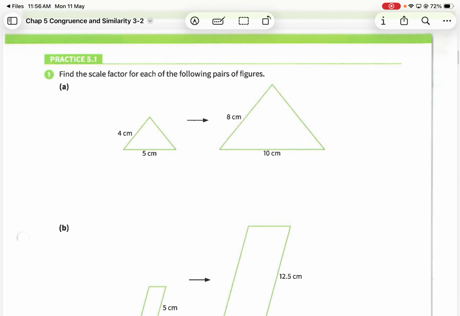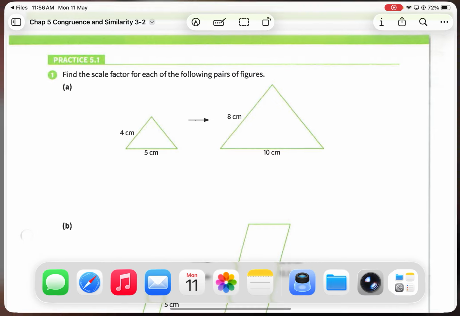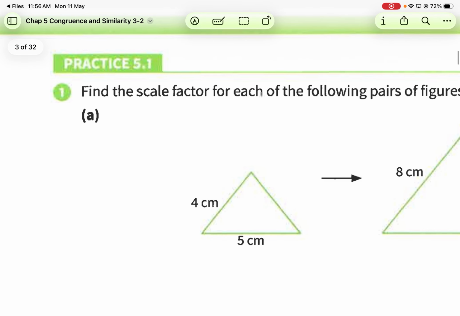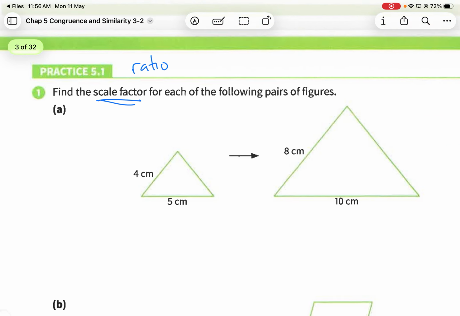Reduction. Becomes smaller, we call it reduction. Okay? Then the ratio, we also call it the scale factor. So this is the ratio I was talking about just now. We call it the scale factor. So how do we find the scale factor? In this case,